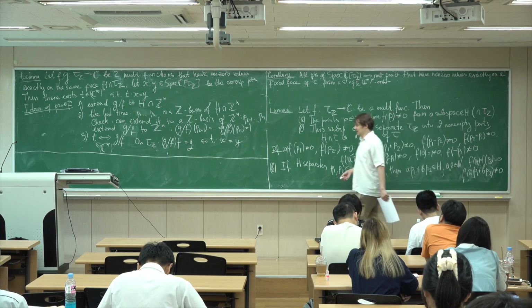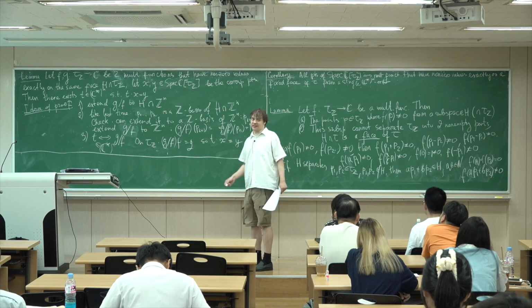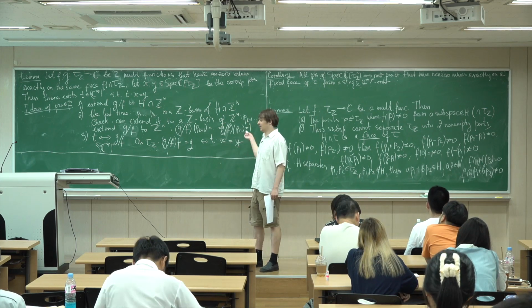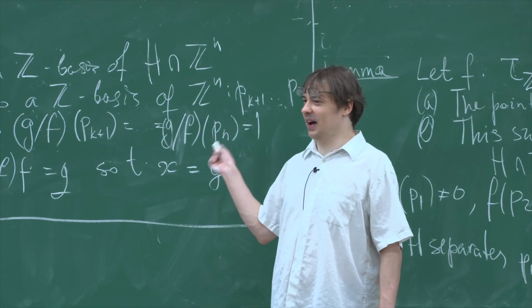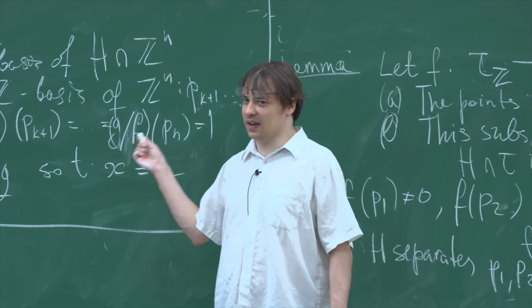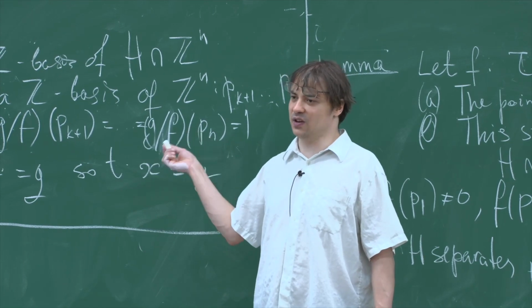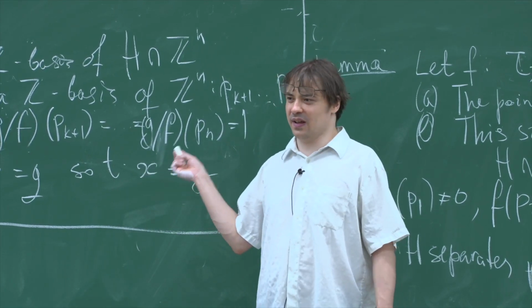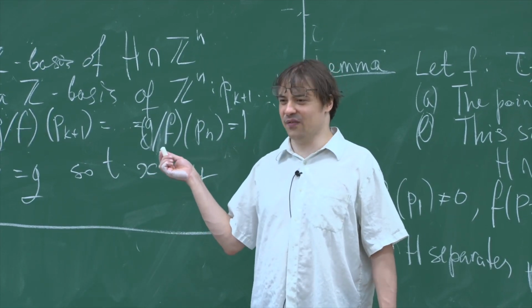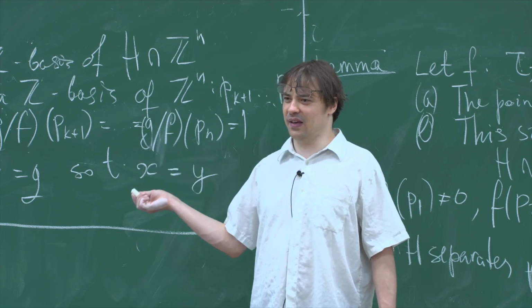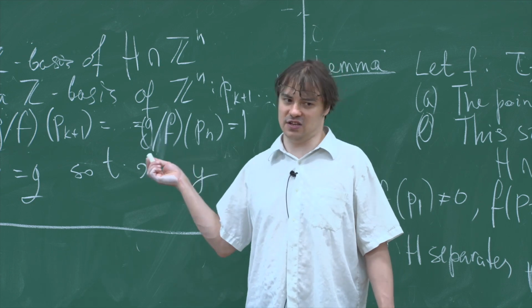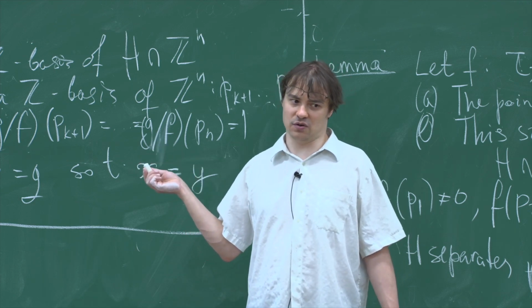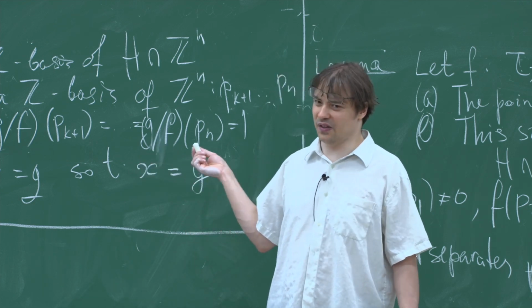Well, we've just seen that all these points belong to the same orbit, but when we act by a torus, we multiply the values of our multiplicative functions by non-zero numbers, so the phase where all non-zero values are contained cannot change when we act by a torus. So this is the whole orbit.